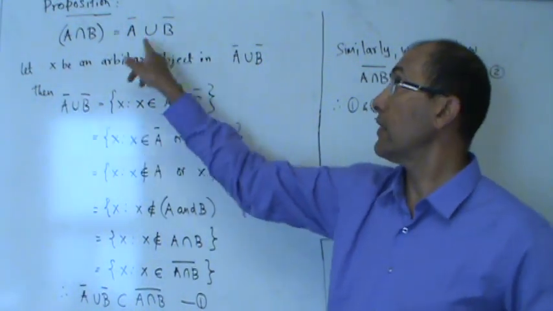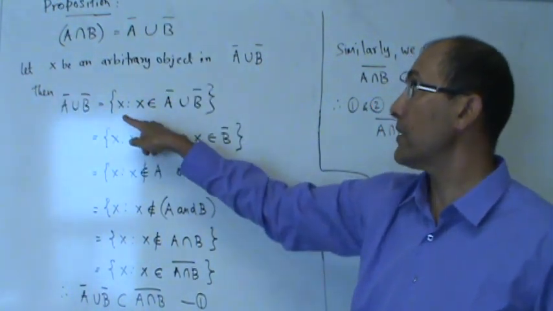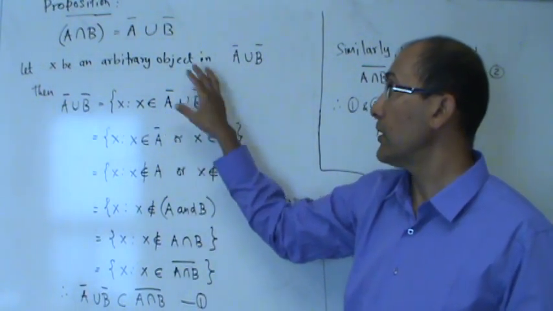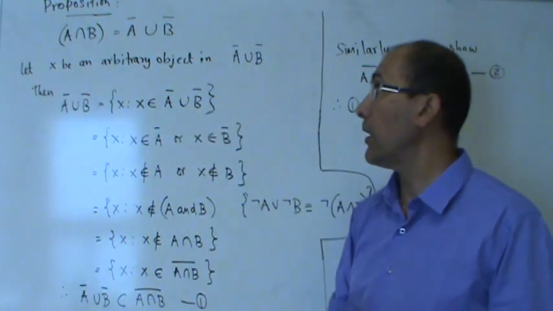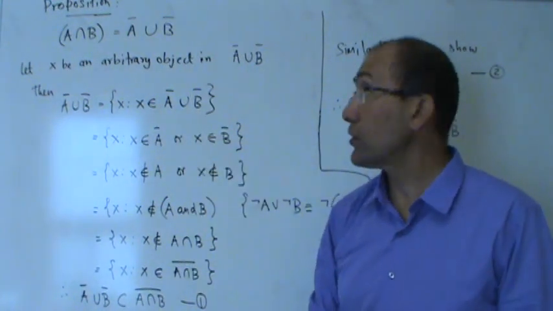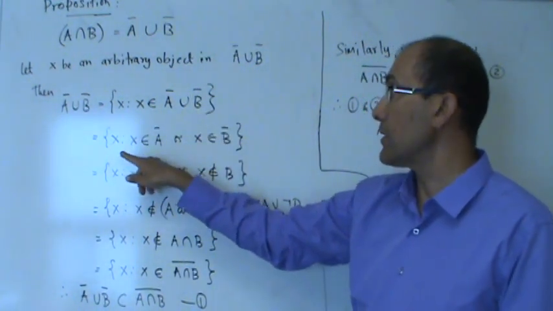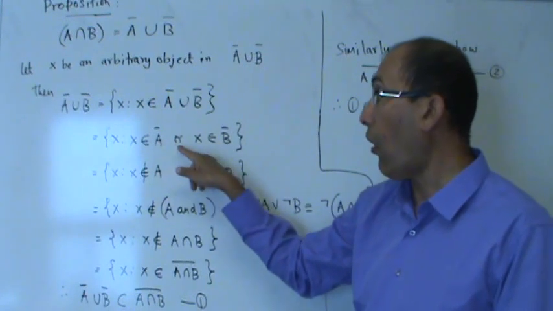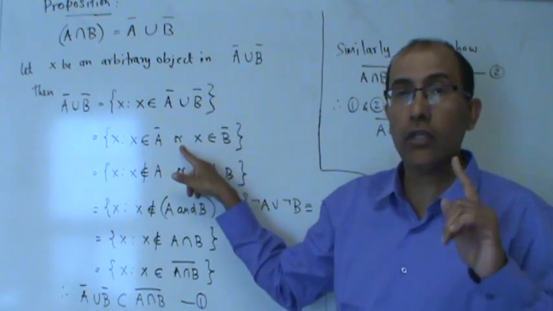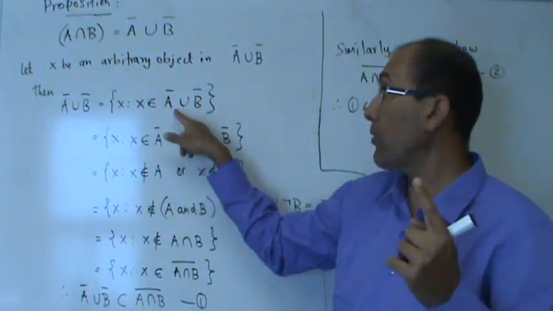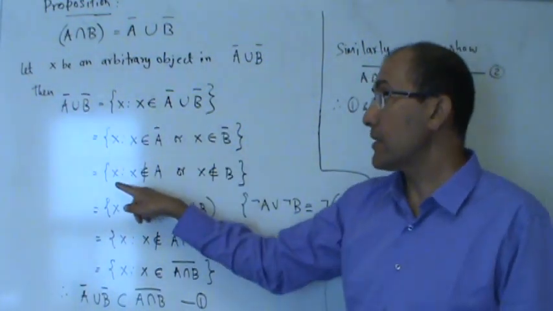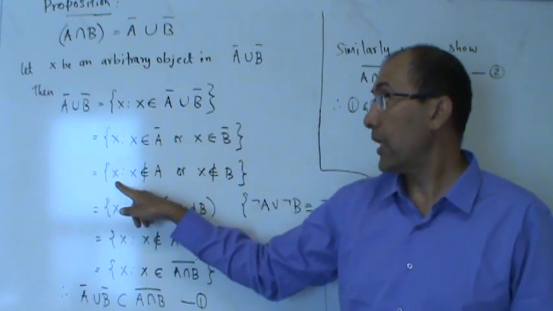I can write this set. This set here is all the x's. X cannot be in, X belongs to this set, A's union B, and then I can use my definitions for union. So that means X must be in A's complement or X must be in B's complement, because the union is the OR connection. It's either in A's complement or in B's complement. And that means this X that I'm choosing, the object X, cannot be in